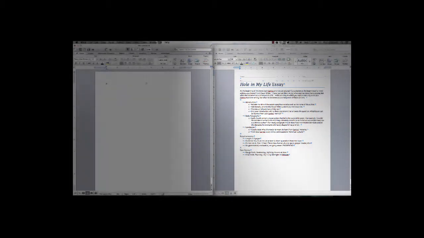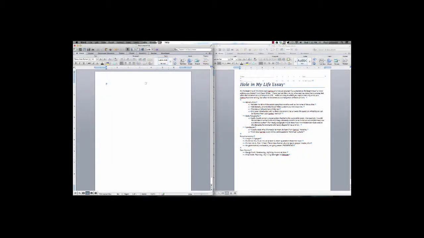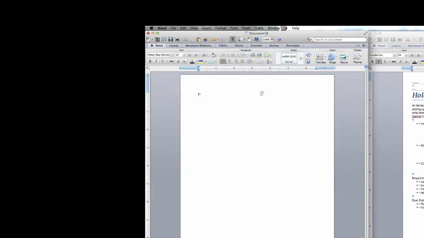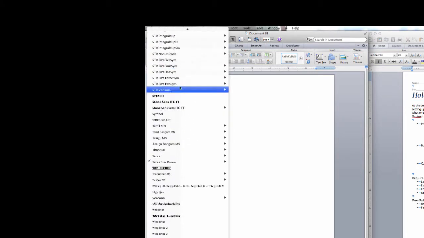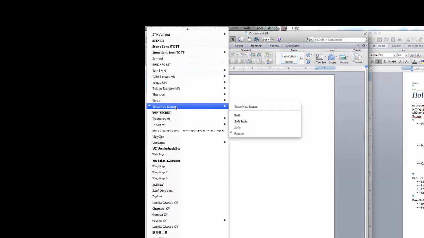So let's go over to our blank page, the scary blank page. The first thing we need to do is set up our formatting. On the assignment, I've told you exactly what you need to do. So now we have to figure out what buttons in Microsoft Word let us set up our paper in the right way. First of all is the font type. The font type is the style of the font, how it appears in your paper. What I'm looking for is the font called Times New Roman. If it's not already selected for you or not at the top of the list here, you'll scroll down in alphabetical order all the way to the T's and choose Times New Roman.